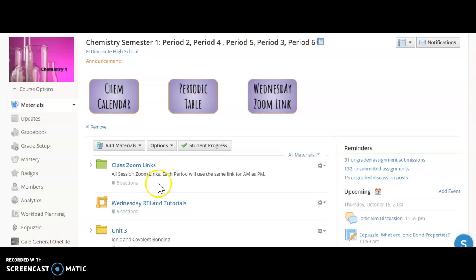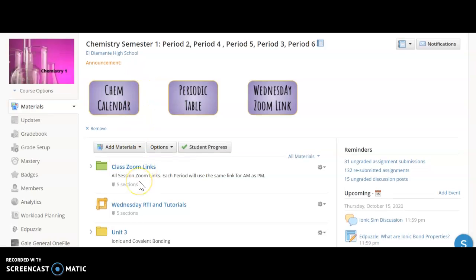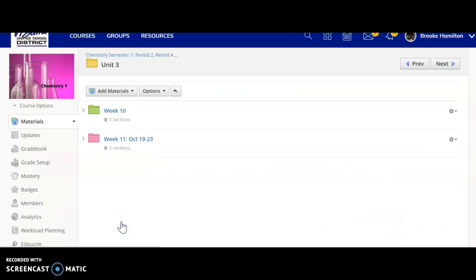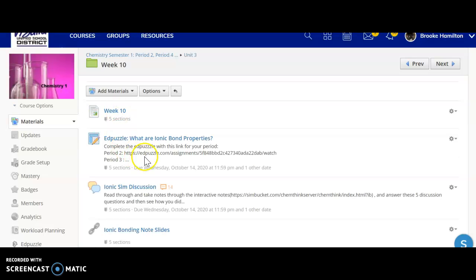All right, so today you guys are going to be working in Unit 3, so make sure to go to your chemistry course. You'll scroll down, click on Unit 3. We are currently in Week 10 still. So at the start of the week on Thursday, yesterday, what was due for you was the Edpuzzle, ionic bonding